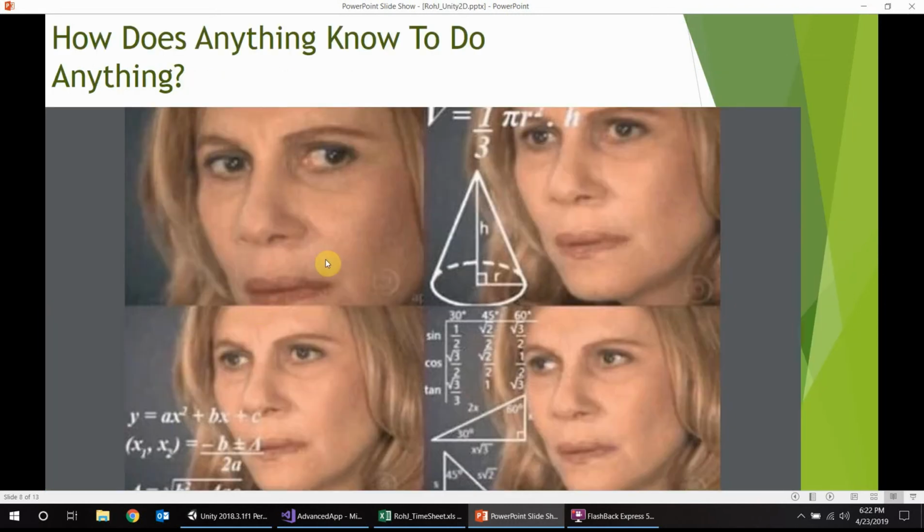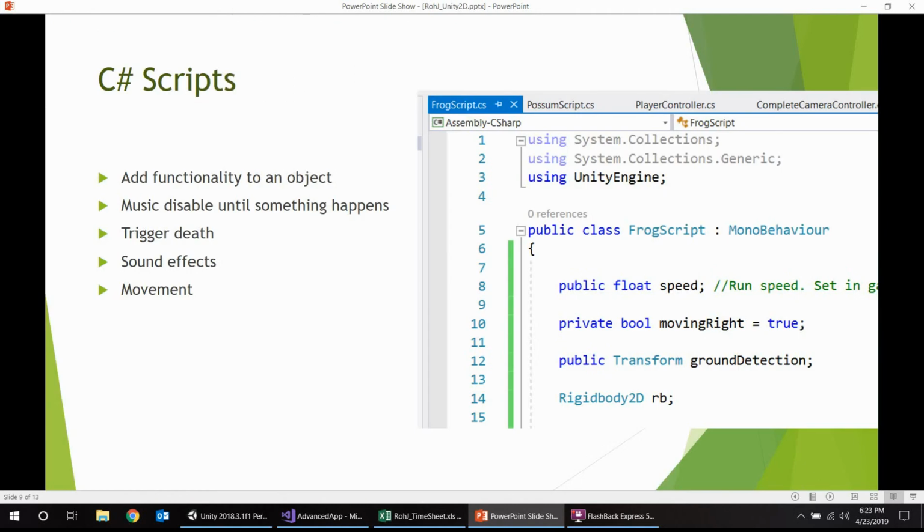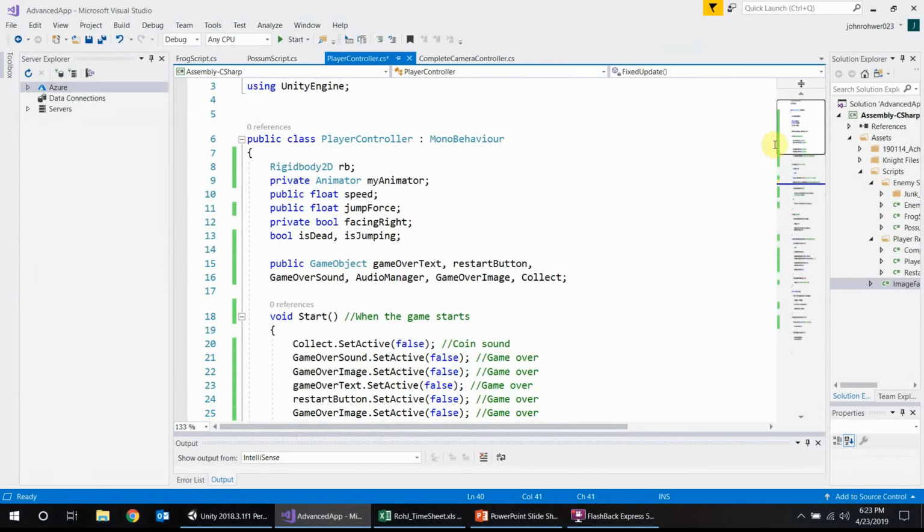And so basically, how does anything know to do anything? It's all about scripts. What tells the player to do what, what tells the enemies to do what, etc. It's all about scripts. And what a script does is, once you attach it to an object, it'll add functionality to it. Like for example, you could have your music or a sound effect disabled until something happens. So in my player script, you could see, for example,